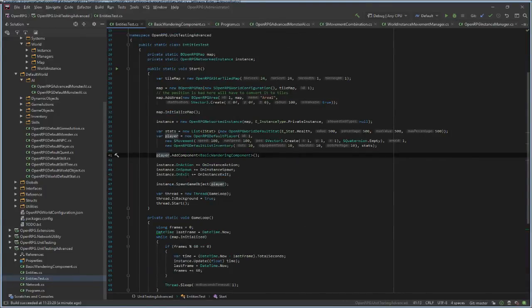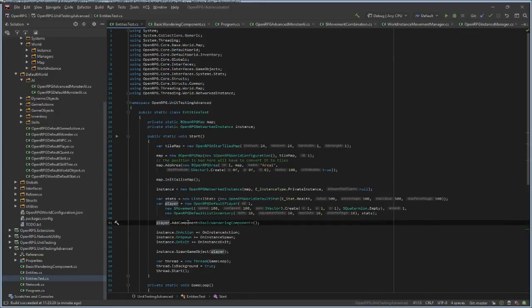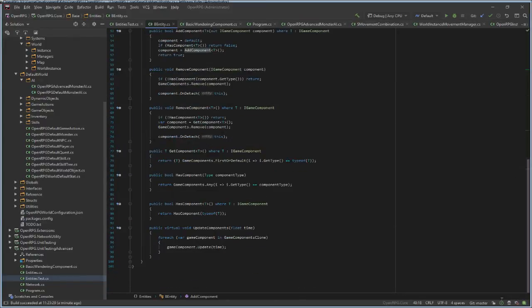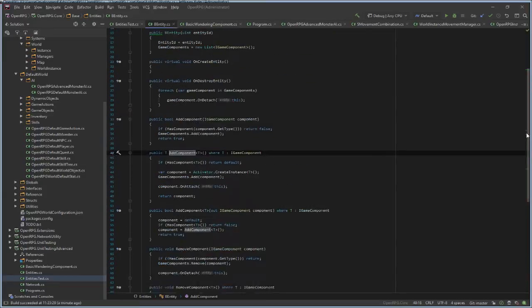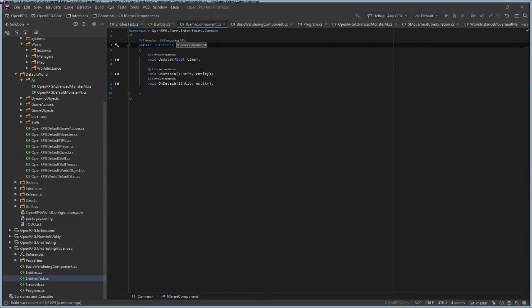I have no idea if I should do that, but this looks... See, I have a new idea for this. We can add some kind of method here.